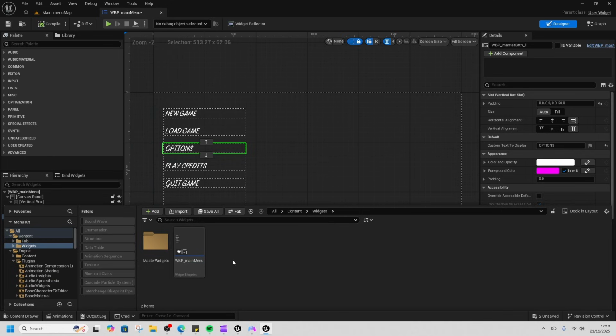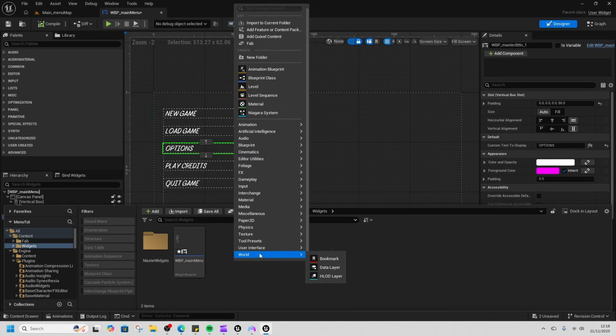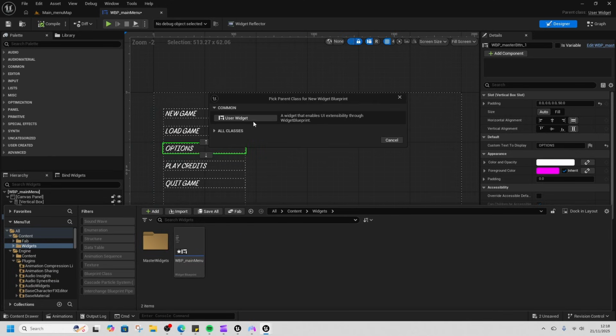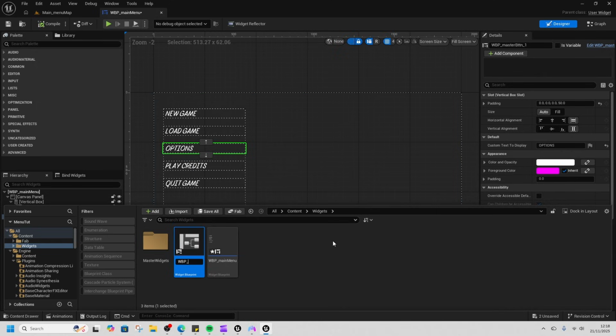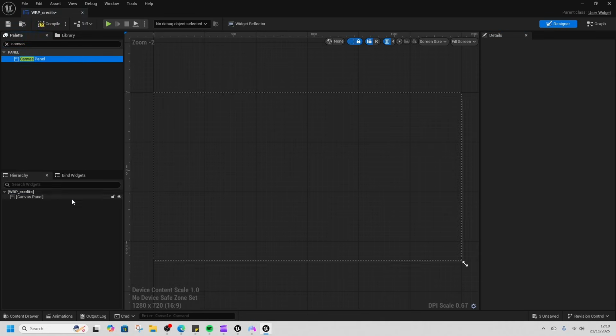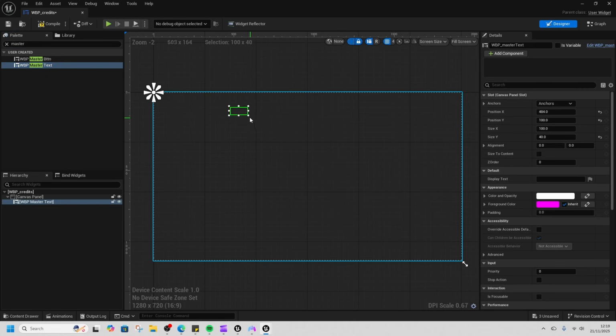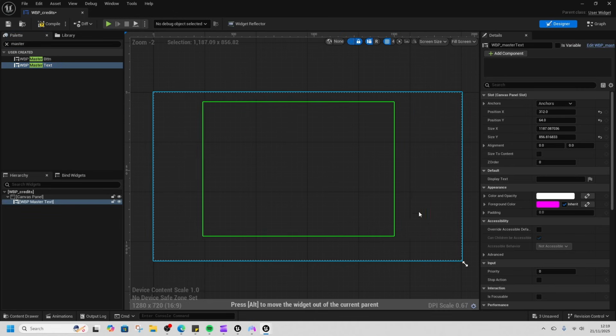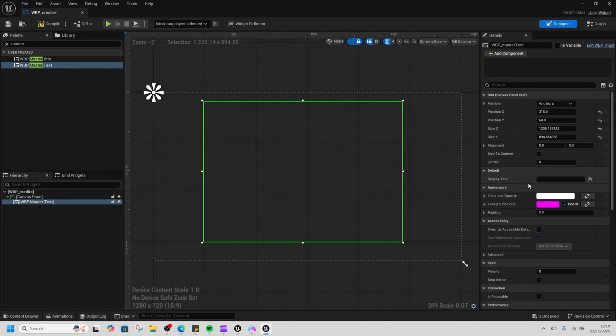So we're going to go and make a new widget, user widget, widget blueprint, WBP credits, because you can reuse the credits menu across different actors like pause menus and stuff. And add a canvas panel in here, and then we're going to add in our master text here. And we can just put in our credits. So it would be